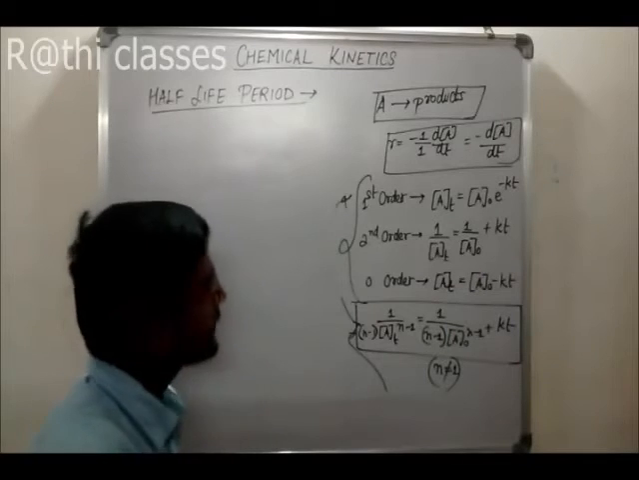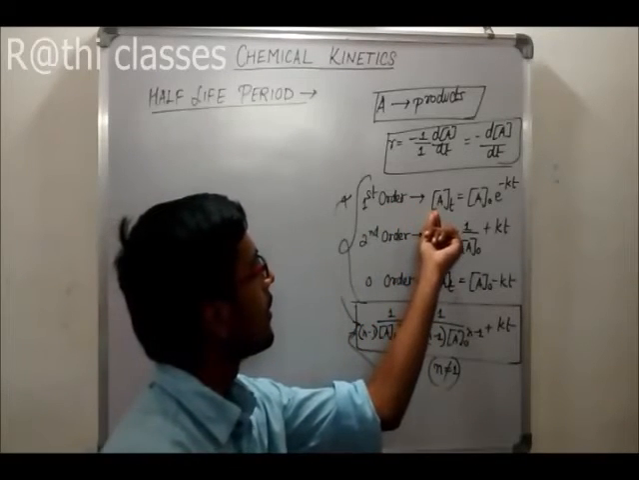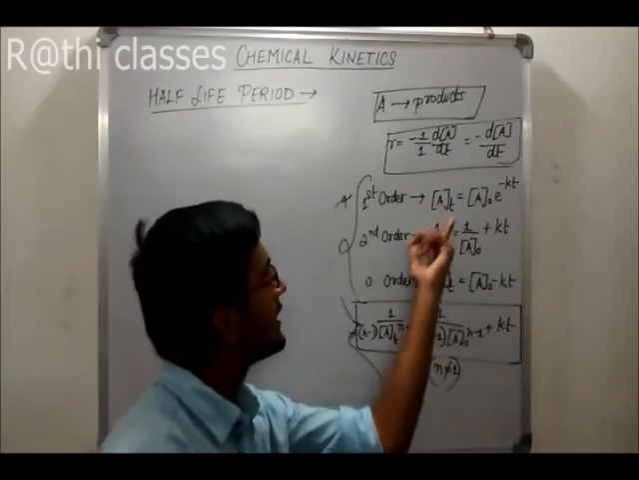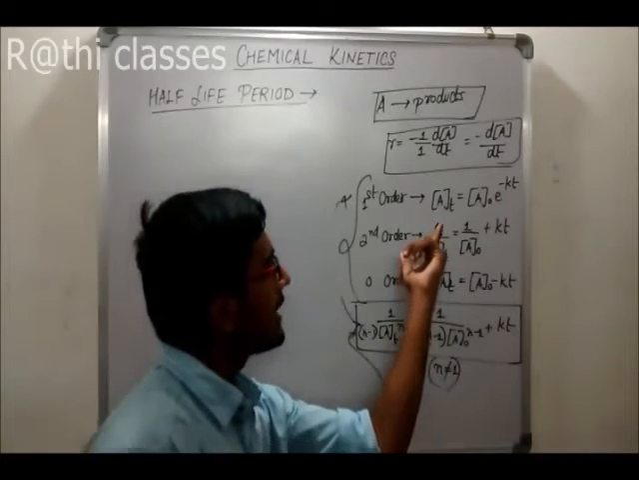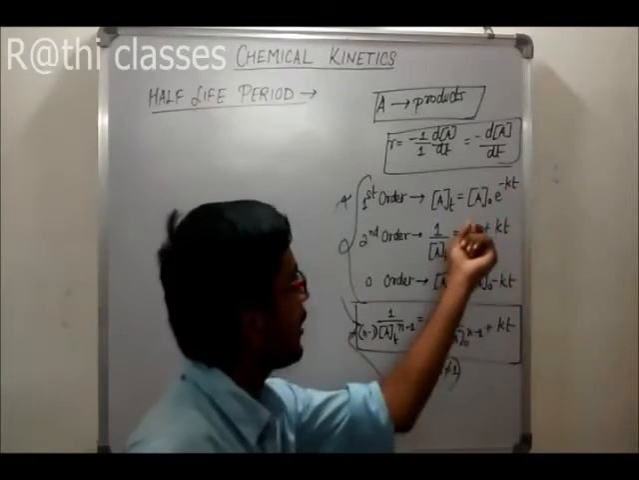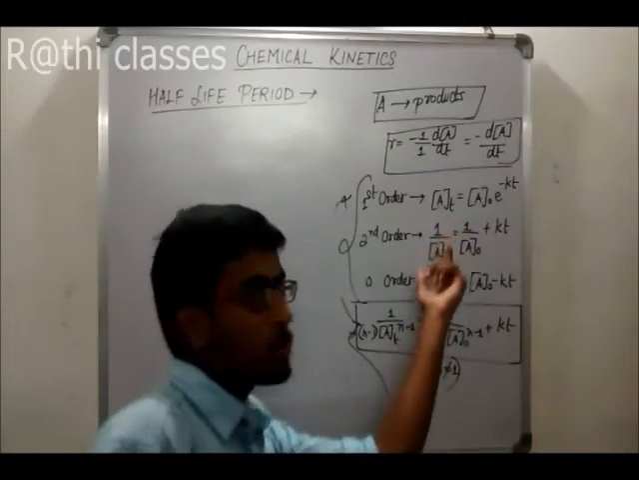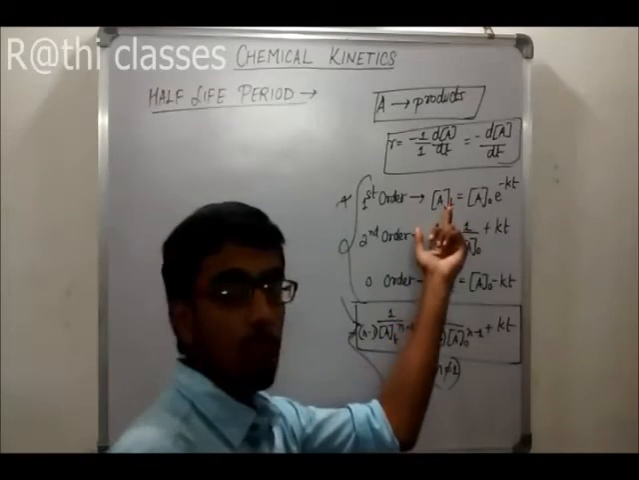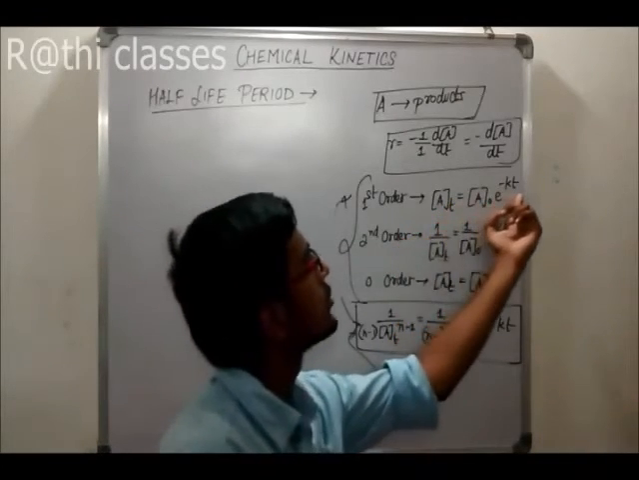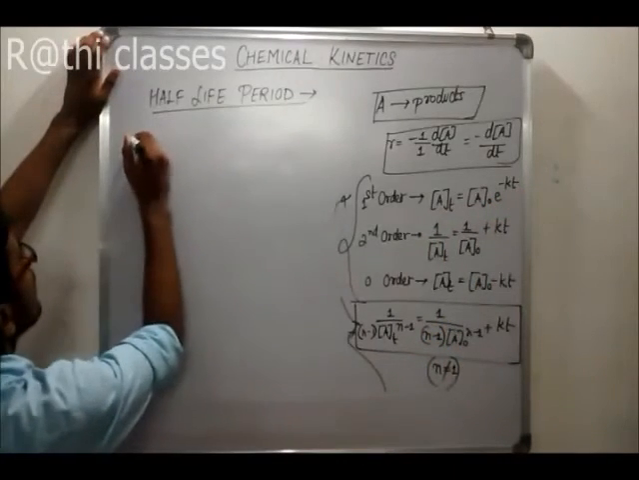What we can do is, in these results, if we substitute A0 by 2 in place of AT, then this time T will be the half-life period, right? A0 is the initial concentration. If I put A0 by 2 in place of AT, then for sure this will be the half-life period time, right? So doing this for first order,